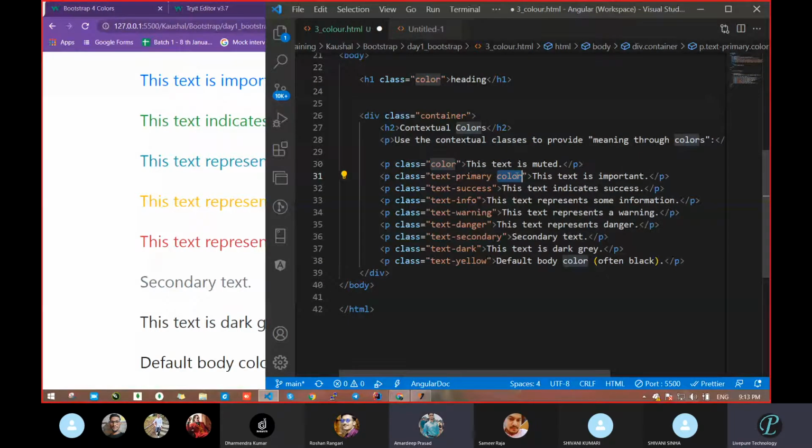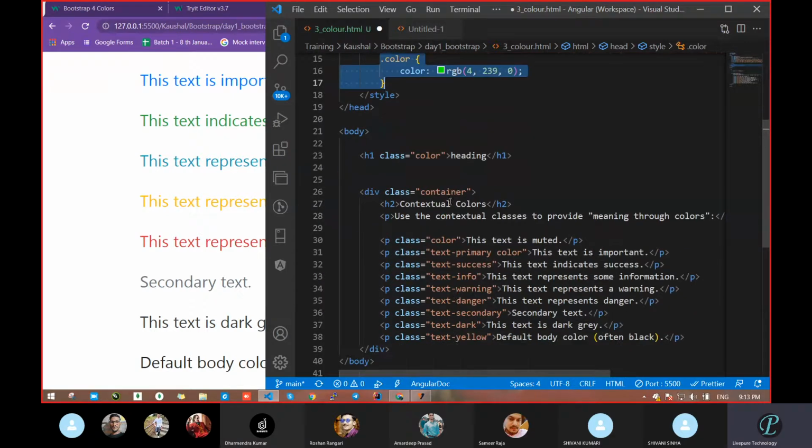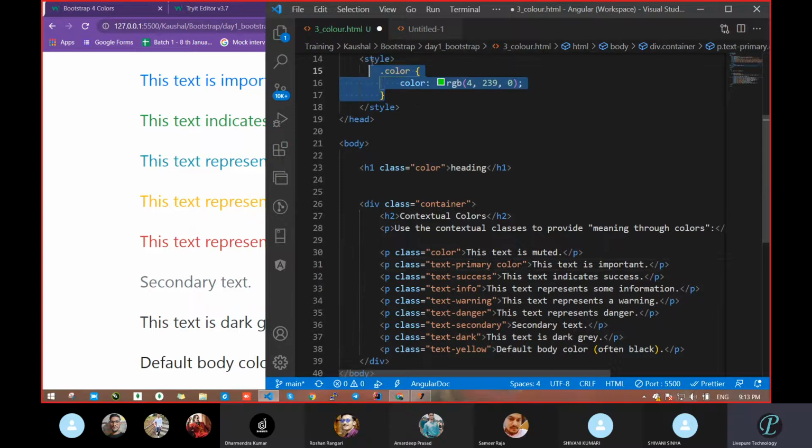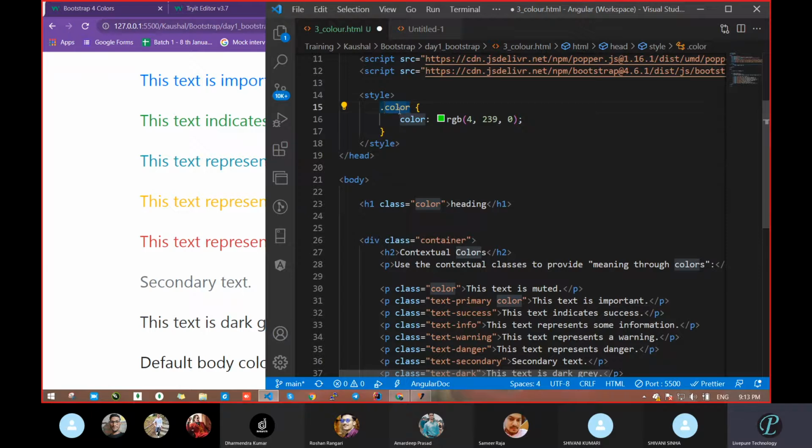I will not apply the color. For example, there is no background here, so I will add a background. Yes, we can do that. We have not learned that yet, that's why I'm not adding it, but we will. But suppose you want it this way. Here I have taken text primary, but I don't want that. I want my own color, which I had defined at the top. Suppose I write here